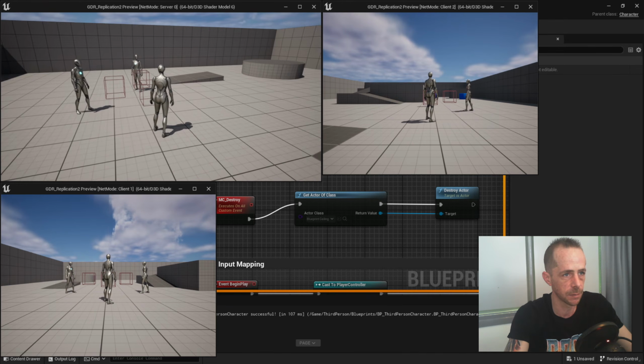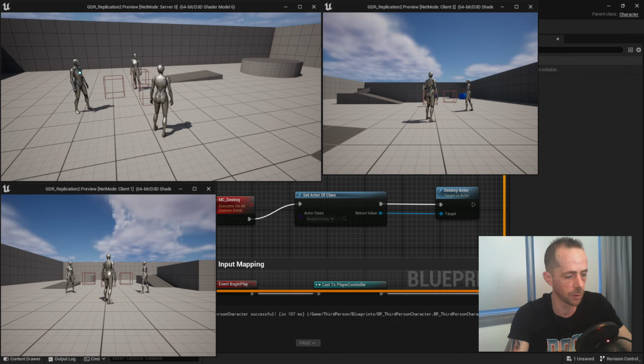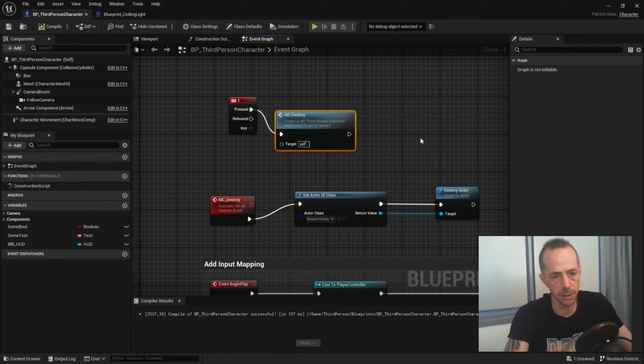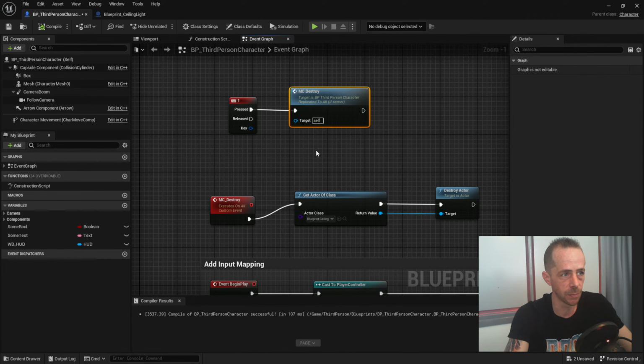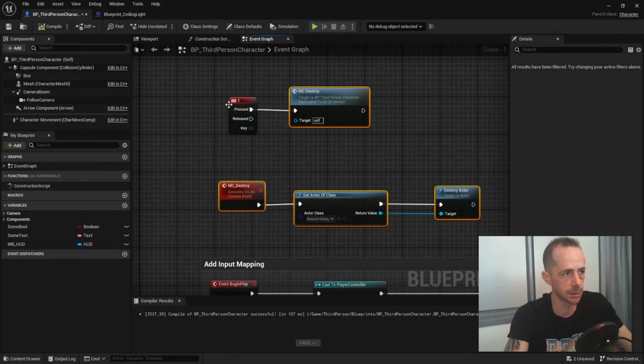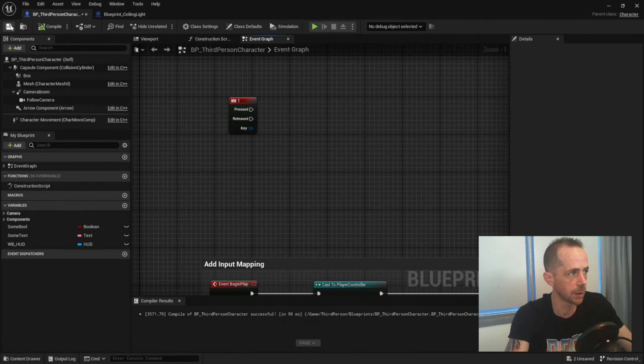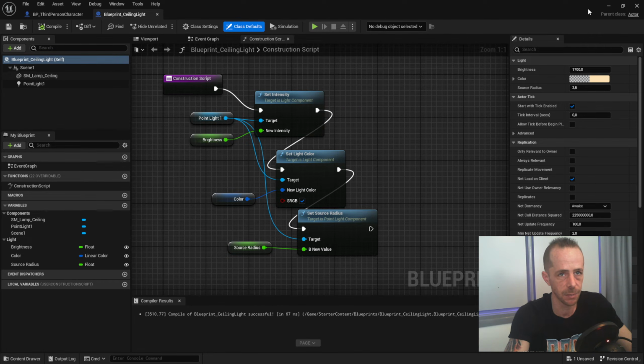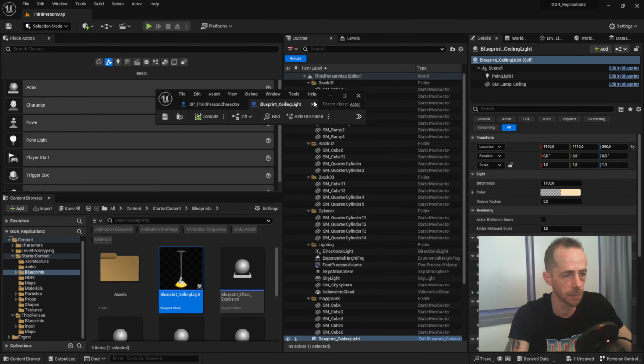So if I press 1 on the server, it will be removed for all of the clients. This could be useful if you simply only want to delete an actor, but you don't want to replicate it during the entire game. It's not necessarily needed to turn on replication. In that case, you can use a multicast event, for example, and get rid of the actor. And the same thing goes for spawning an actor. If I spawn an actor that is not replicated, then it will only show up for the actual